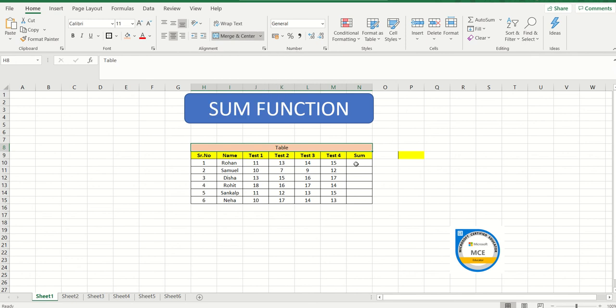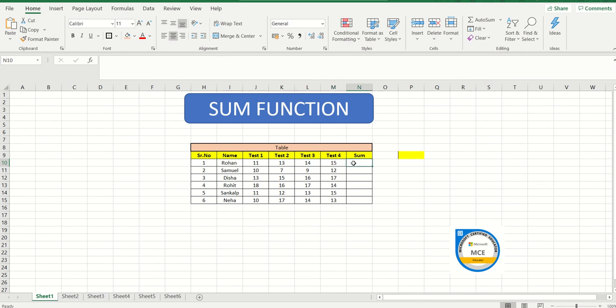So let's start quickly. I'm going to take you to the basic functions altogether, and as I've already said, in our Excel sheet, whenever I'm going to do an entry, that is going to be a combination of a column and a row. The columns are always going to be in alphabets and the rows are always going to be in numbers. So as of now, when I have clicked on this cell, people, as you can see where I'm hovering my mouse, this cell is coming to be N10. Now let me show you how it is calculated. N because it's in the N column, and 10 because it's in the 10th row. So this is how the cell name is decided.